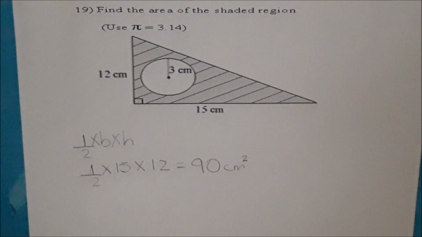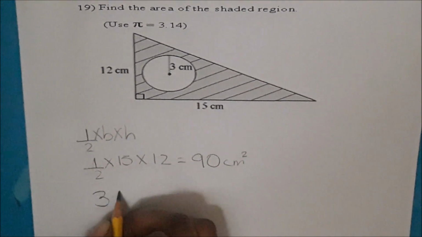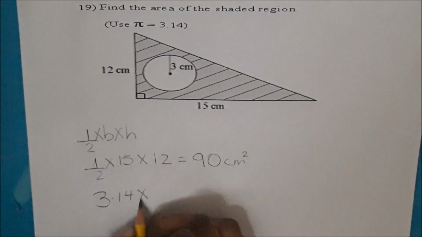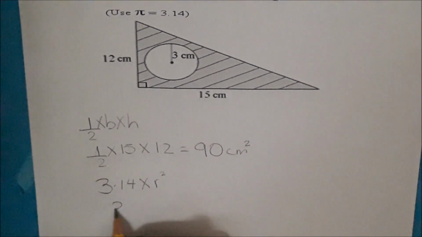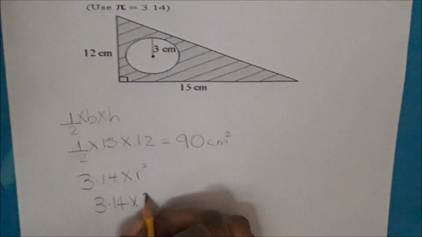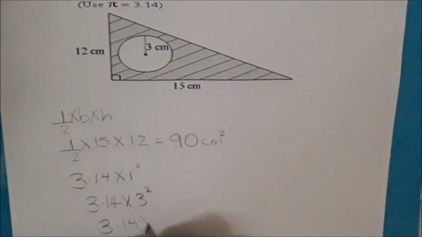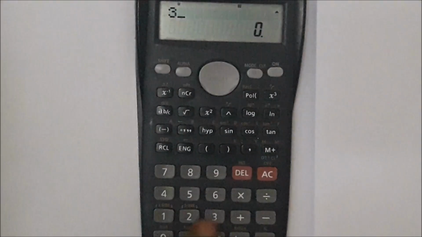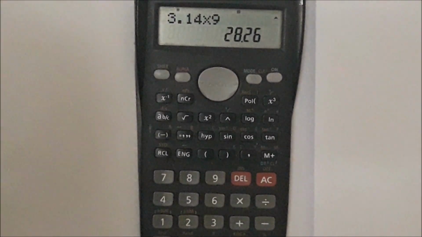The formula to find the area of a circle is pi times r squared. 3.14, which is pi, times 3 squared is 3.14 times 9. Okay. 3.14 times 9, which gives us a total of 28.26